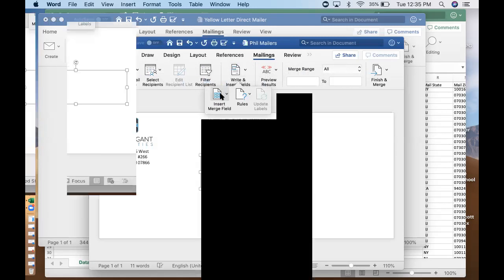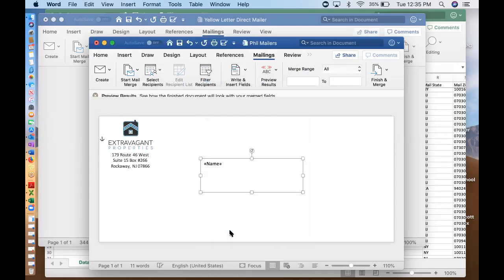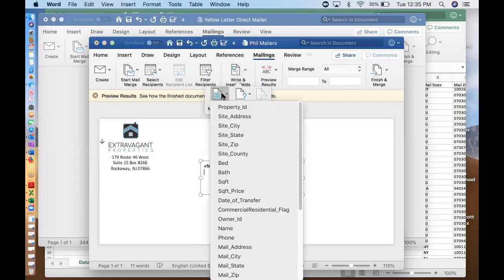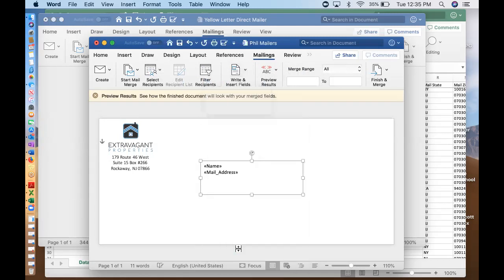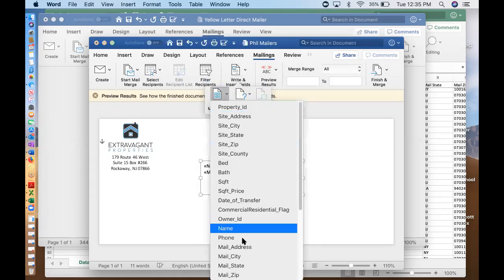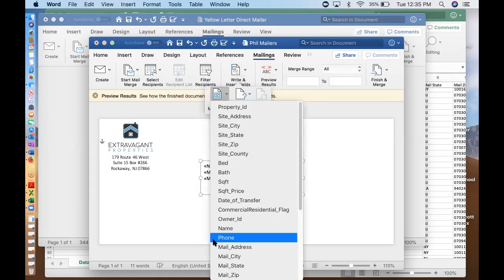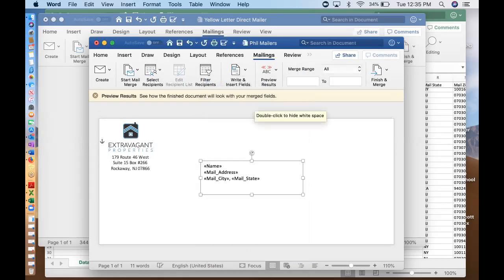write and insert merge field. So I'm going to do my name on the top line. Second line is going to have mail address, enter, mail city, comma, mail state,